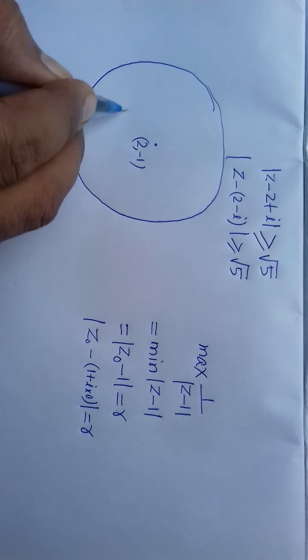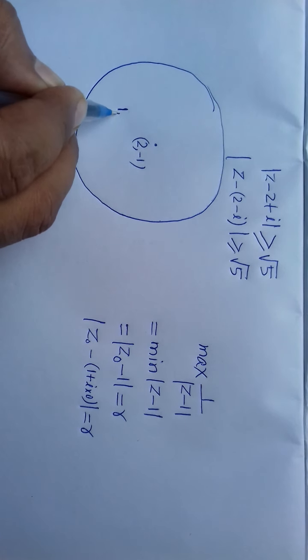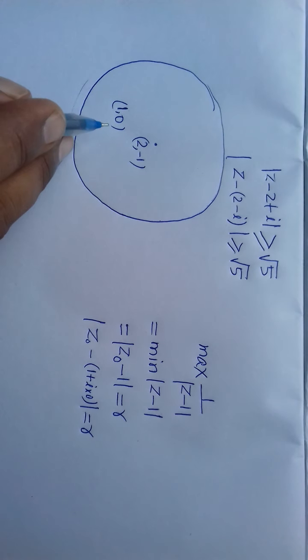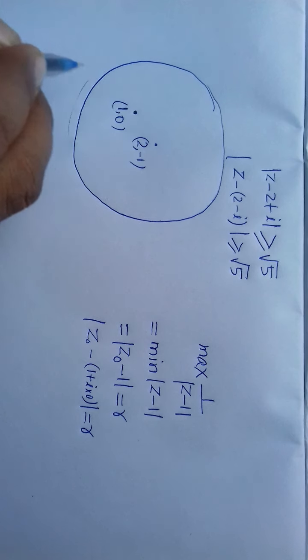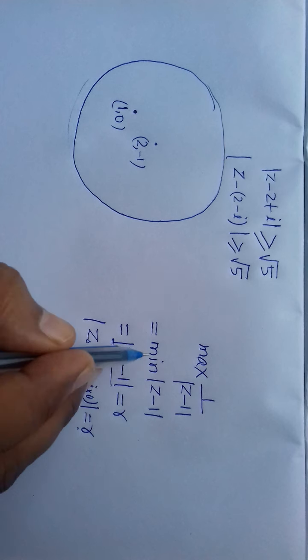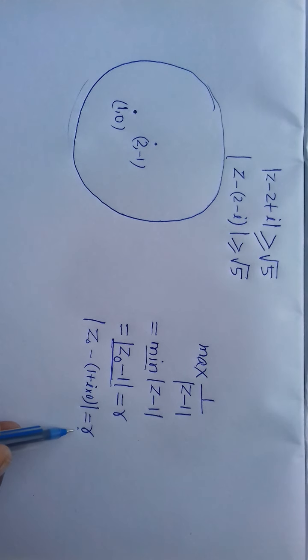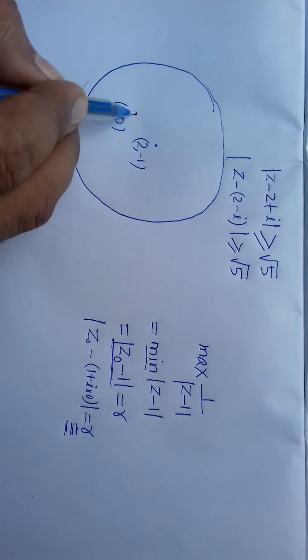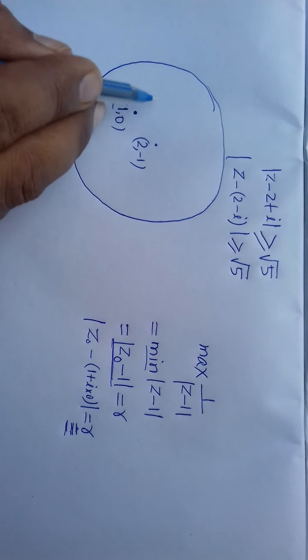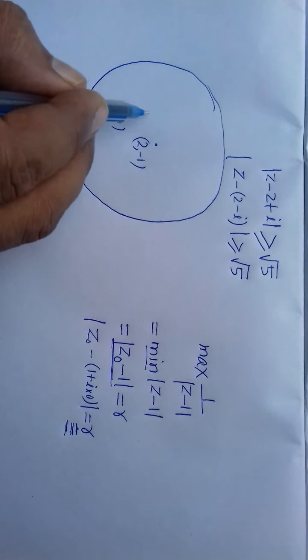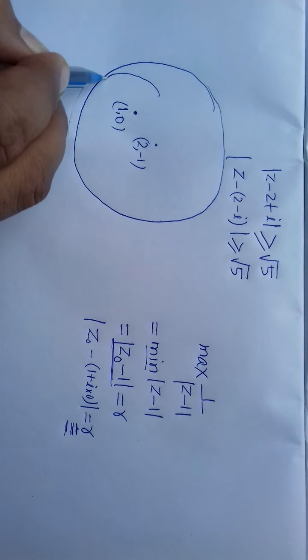(1, 0) is inside the circle. You can check, (1, 0) is inside this circle. Suppose (1, 0) is here. And the radius, we have to keep this minimum. This means that we have to keep this radius minimum. Considering this point as a center, you can draw many circles, but you have to take the minimum. So the circle will be like this,